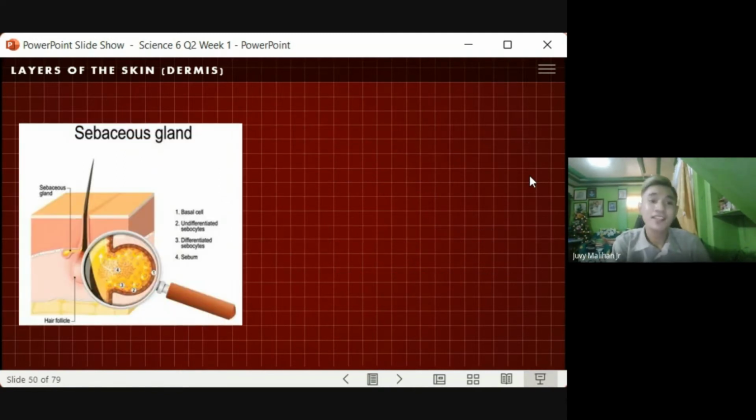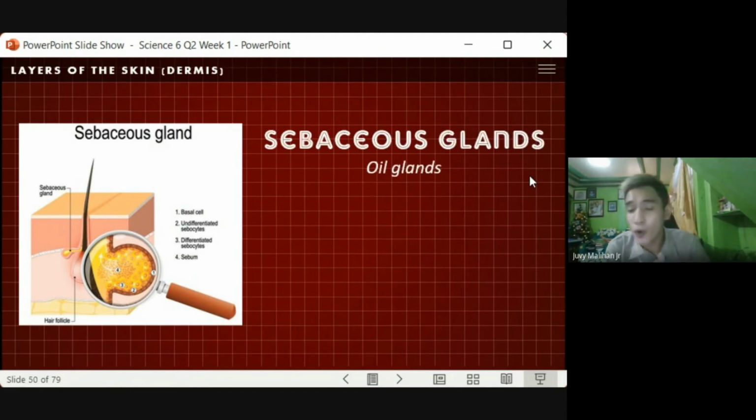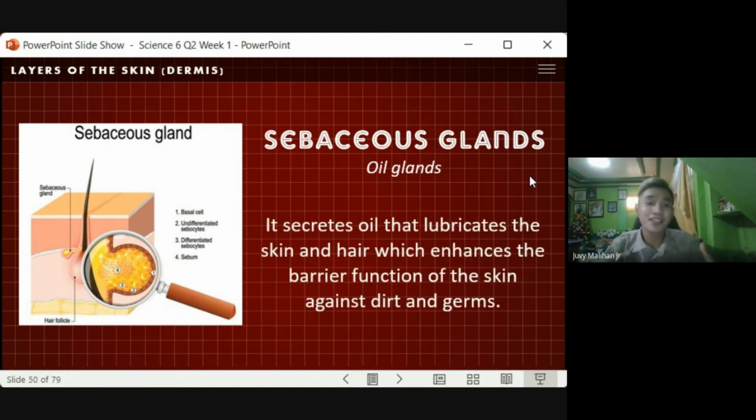Next, we also have the sebaceous gland. Take note, class, that sebaceous glands are also called our oil glands. This secretes oil that lubricates the skin and hair, which enhances the barrier function of the skin against dirt and germs. Take note, class, that this oil is what we call sebum. This sebum, class, helps to keep the hair and the skin soft and waterproof. Okay, so that is our sebaceous glands, or what we call our oil glands. So anong tawag natin dun sa oil na nasa-secrete? That is what we call the